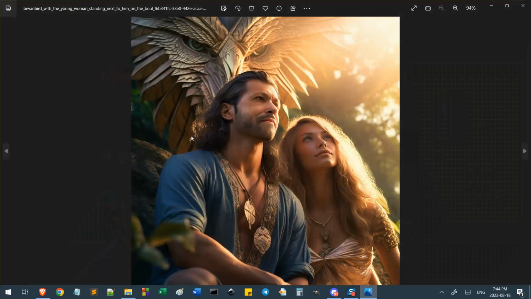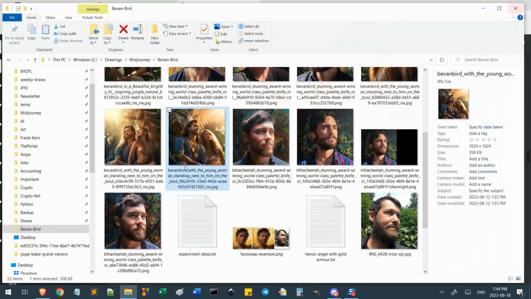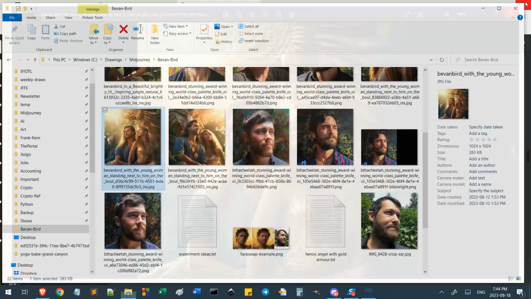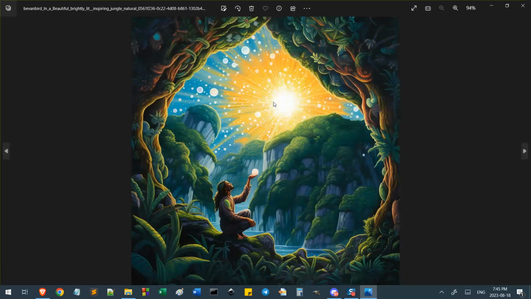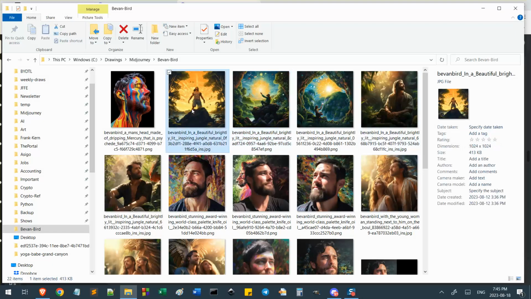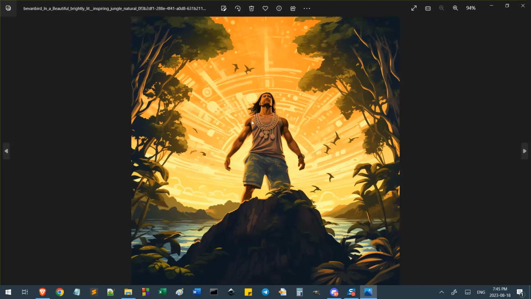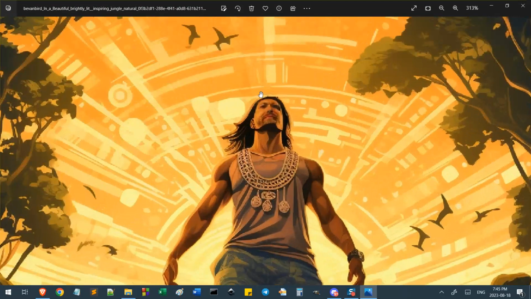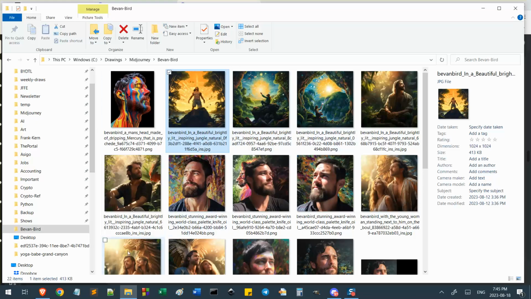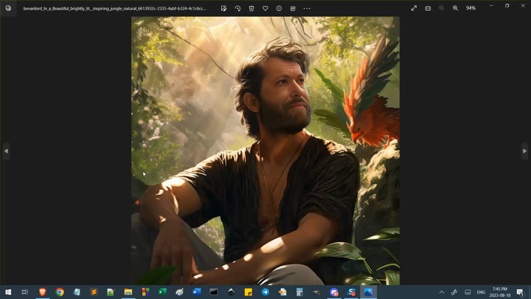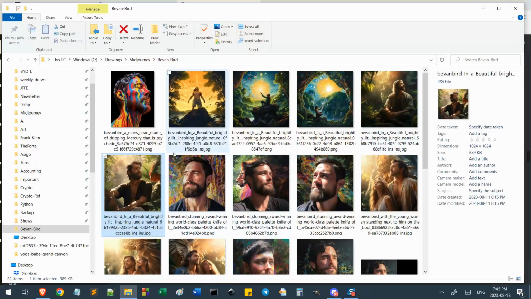There was a video I made that showed how to do that, but I'd like to redo that and make a better one. Okay, it's face swapped in here and there. And we have some other generic ones here. That was one of the early ones I created with the idea of being on a boulder in the jungle, and I face swapped in there too. But then we've taken it further, and this is kind of good. But my idea is to be standing on the boulder, not sitting down, and then conjuring the red dragon. So we don't have that yet. It's in progress.